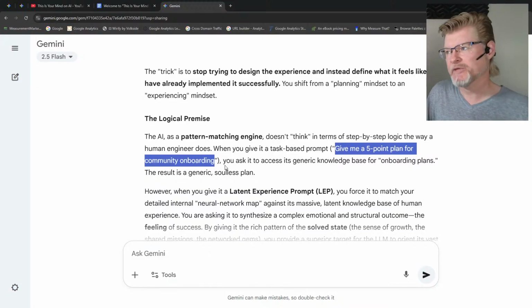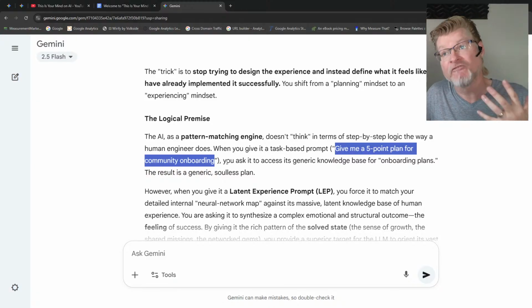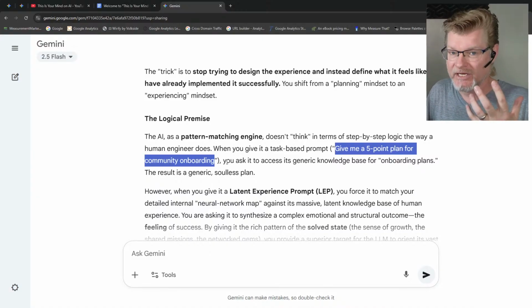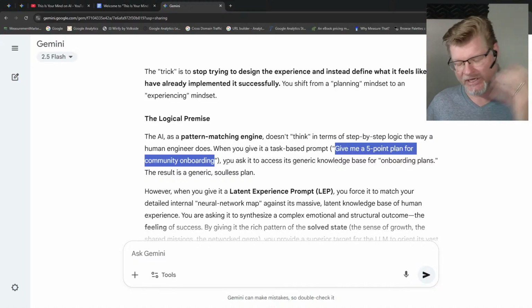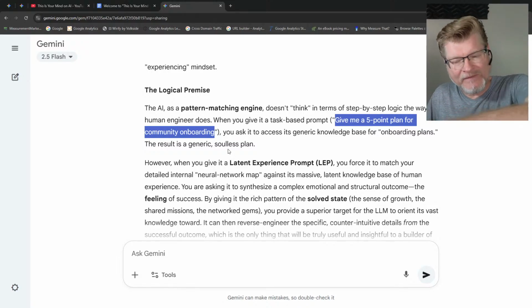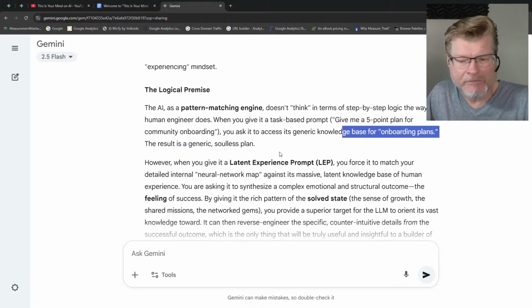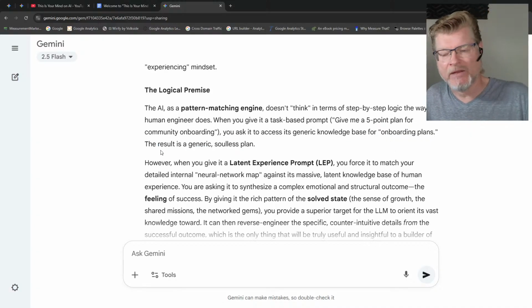Instead of just saying, give me something that writes an email, because that's not what I want. I want something that writes every email I'm ever going to need ever again. I know that sounds like a swing, but it's not. It's the exact same as creating a gem that writes an email. I can create a gem that writes all the emails I'm ever going to need. That's what I want to do here, but I'm not there yet. I don't know what that looks like. I just know that's what I kind of want. So when I do things like asking it for onboarding, maybe you've done this with community before, it'll give you kind of a generic plan, right? Which we'll get from AI.